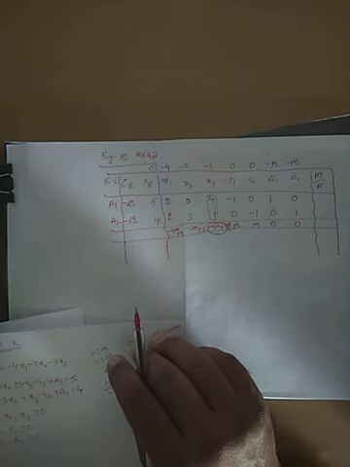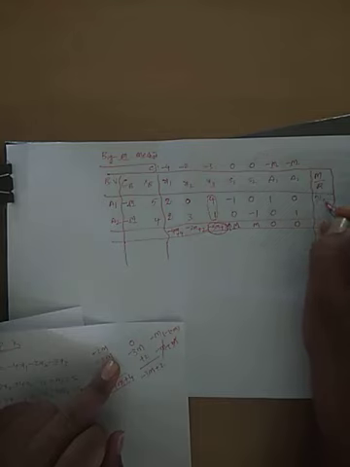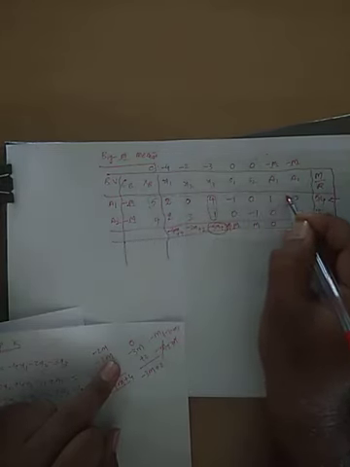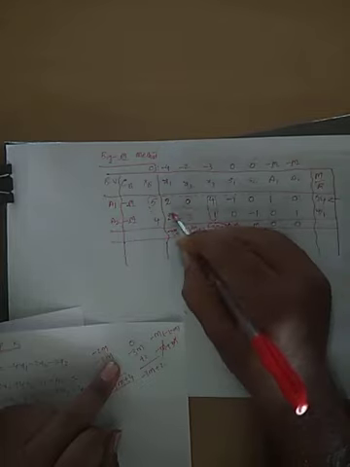Now again, how do we get the key row ratios? 5 by 4. The next one is 4 by 1. Between these two, which is the minimum? 5 by 4 means 1 point something you get. 4 by 1 means 4. No need to simplify. So logically, which is the minimum value? This is. Hence, this becomes your key row. So from here you are going to put dots. Then what is your key element? 4 is the key element.